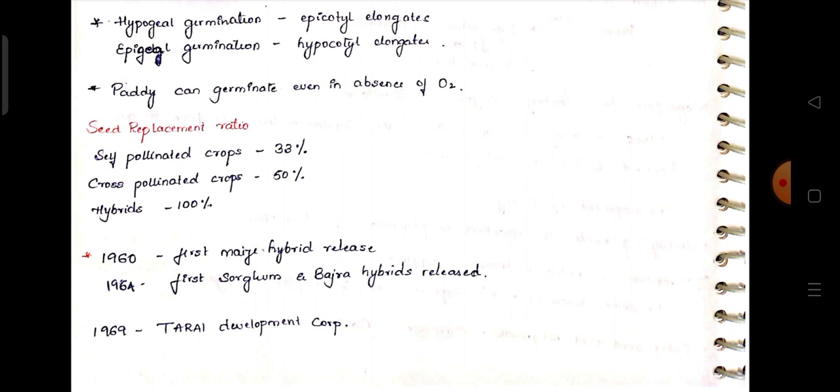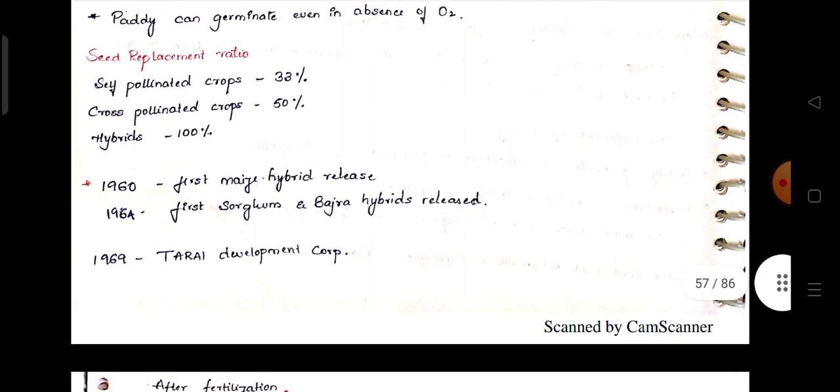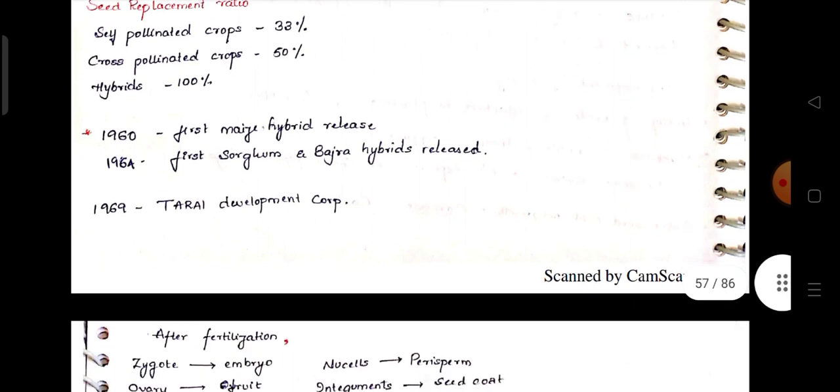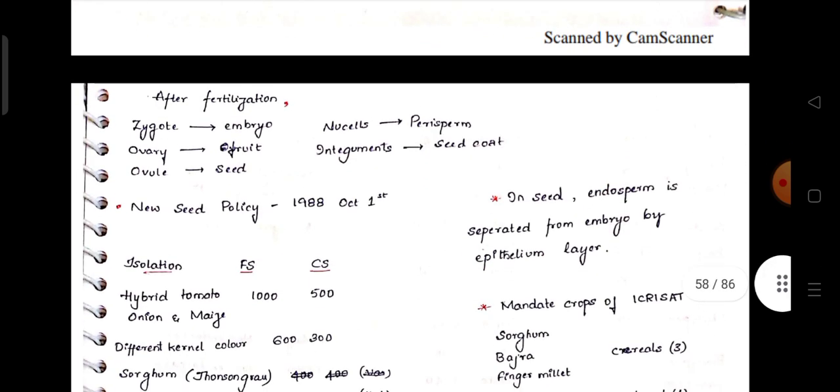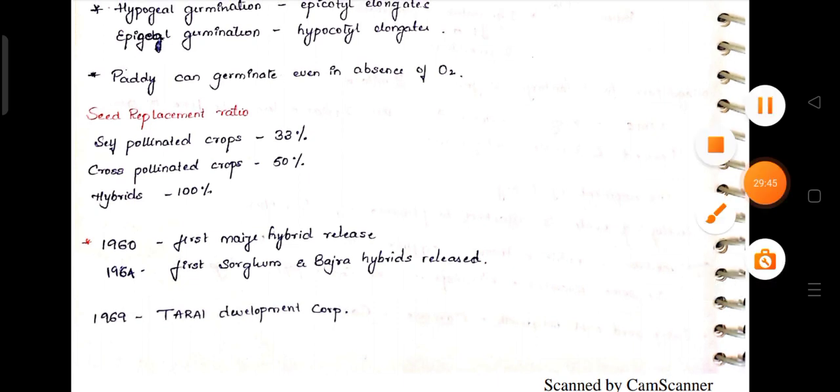Seed replacement ratio for self-pollinated crops is 33%, cross-pollinated 50% and hybrids 100%. In 1960, the first maize hybrid was released. In 1964, the first sorghum and bajra hybrids were released. In 1969, the Tarai Development Corporation was established. This is all about part 3. We'll meet again in part